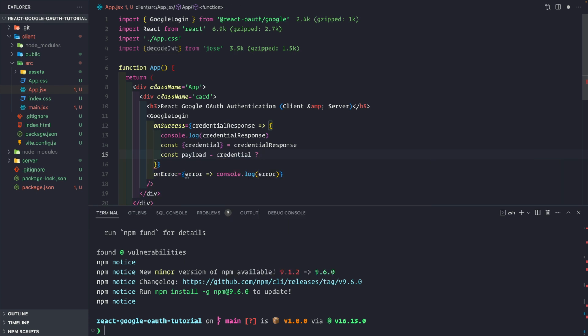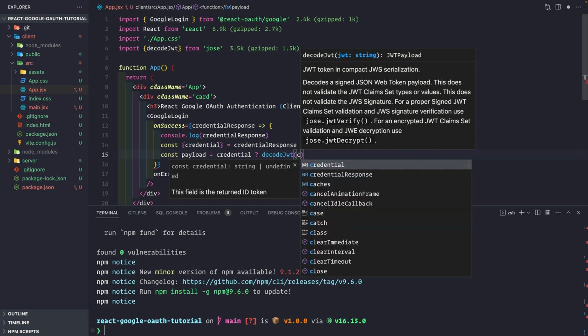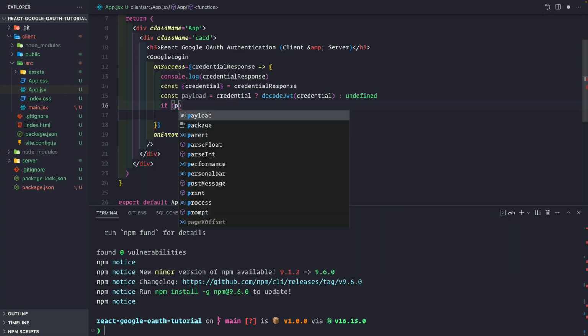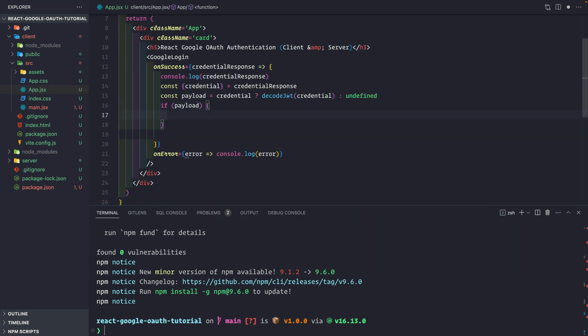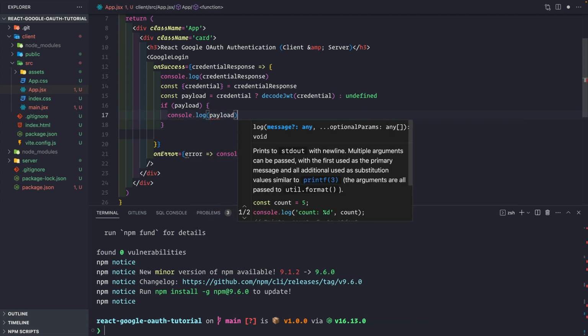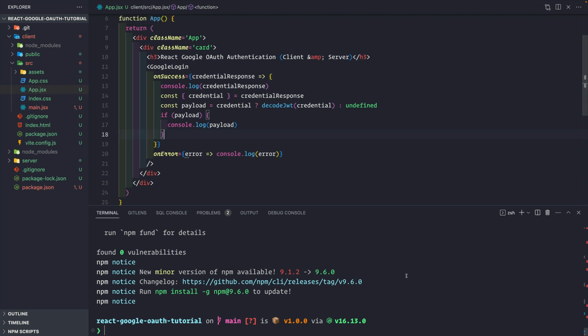And now we can check for credential. If there are credentials, then we can simply use decodeJWT and provide the credential, that is the JWT itself. Otherwise the payload would be undefined. If there is a payload, then we can simply console log the payload here, like this. Otherwise we are not doing anything. So if I save this and do npm run dev once again,